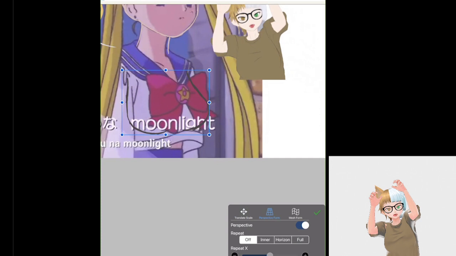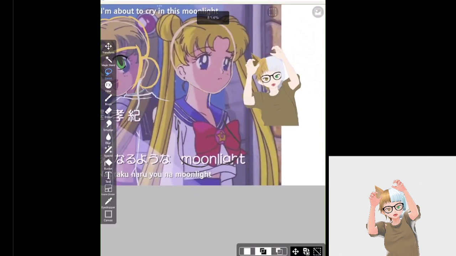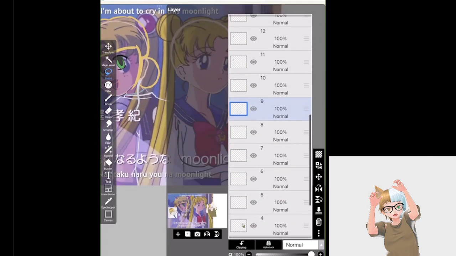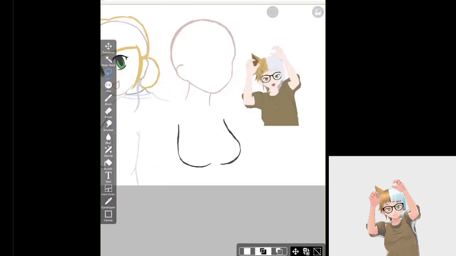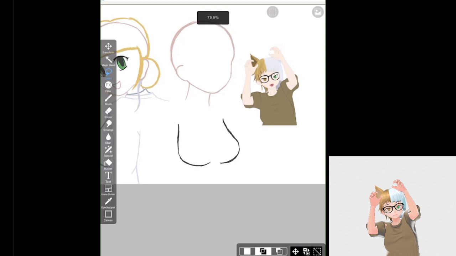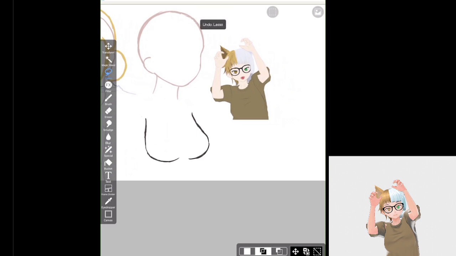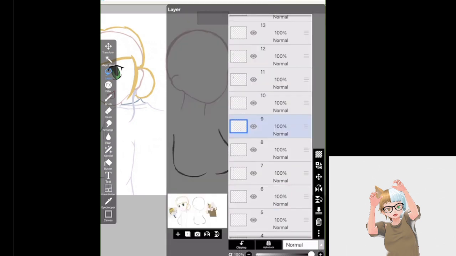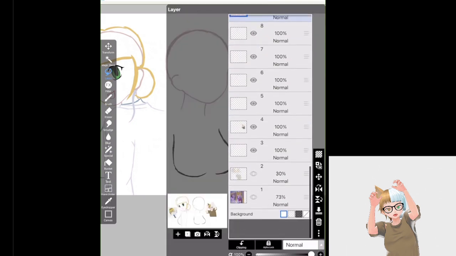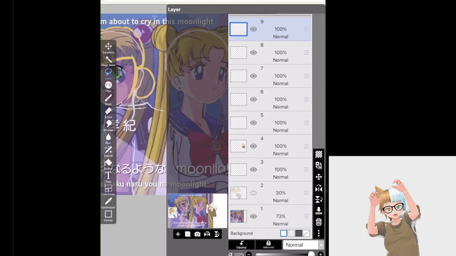Let's see, I'm trying to feel. Okay. So roughly, I have to figure out where her rib cage looks like on here. I think that's probably right. Let me draw the rest of her and then I'll adjust the